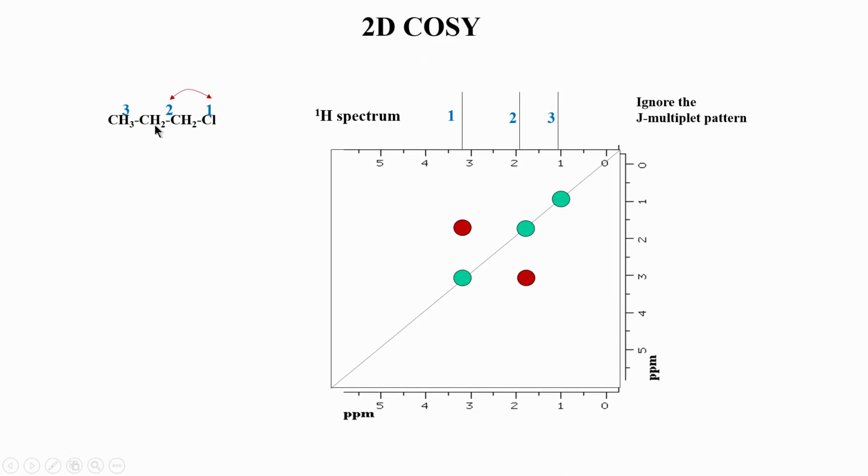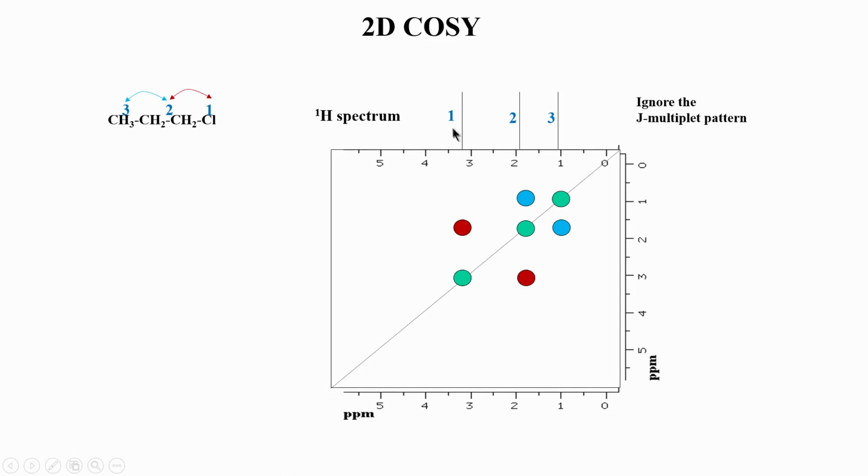You see now here hydrogen 1 and 2 are actually 3 bonds away. If you calculate, these are vicinal hydrogens. Let us assume they are equivalent here, then these 2 protons are 3 bonds away, and therefore, in a COSY spectrum they will give a cross peak, they are correlated, because 1 and 2 are close to each other by 3 bonds. Similarly, 2 and 3 are also connected to each other, because 2 and 3 are 3 bonds away. So, they will also show a cross peak between 2 and 3. So, this is a pattern which you will expect in a COSY spectrum.